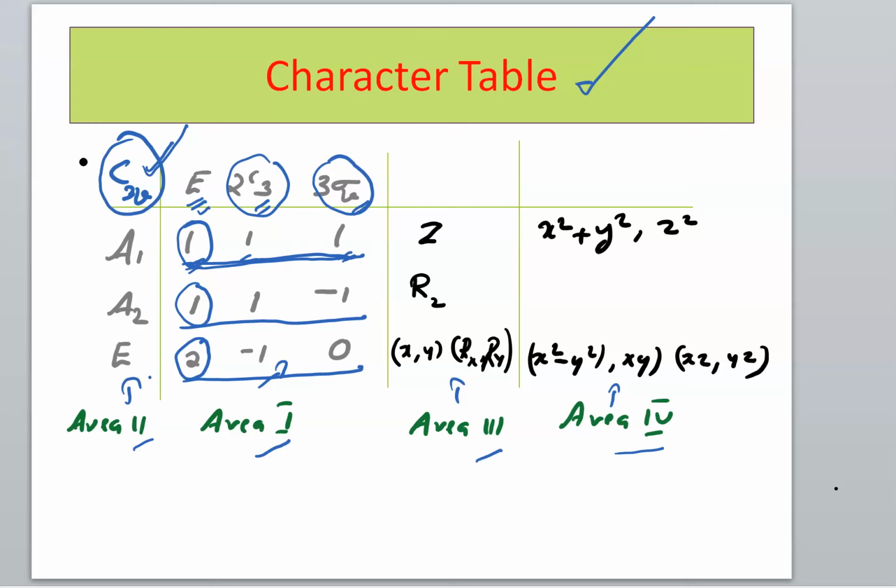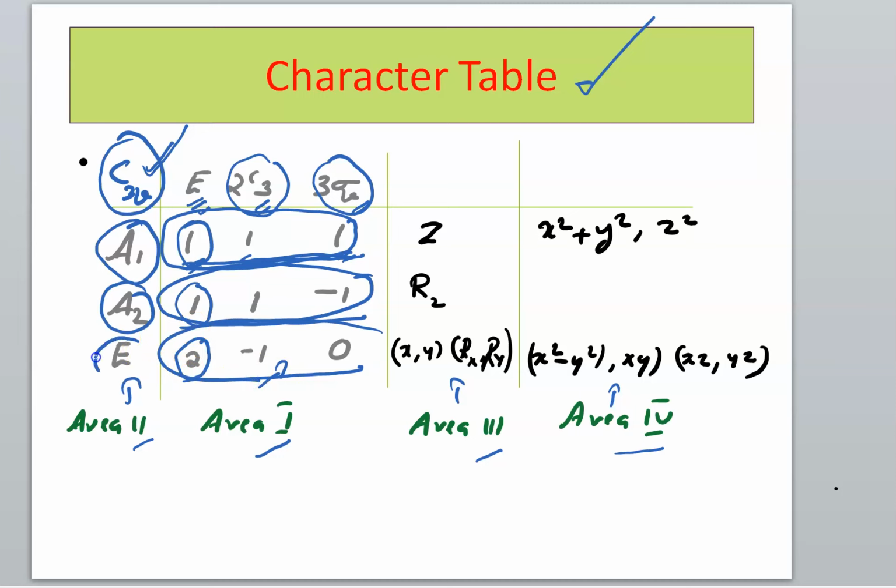In area 2, we write the notation of the irreducible representation. This is a specific irreducible representation. Its notation is A1, that is written here. This is another irreducible representation. Its notation is A2. This is another one, the third one. Its notation is E. So in area 2, we write the notation. Actually, it is called Mulliken's symbol, Mulliken's notation. There are 2 types of notation: Bethe's notation and Mulliken's notation. This letter form is Mulliken's notation that we will discuss later.